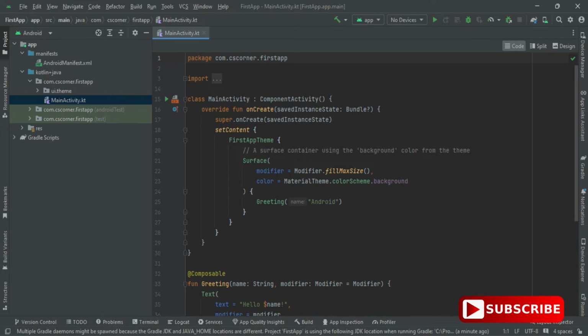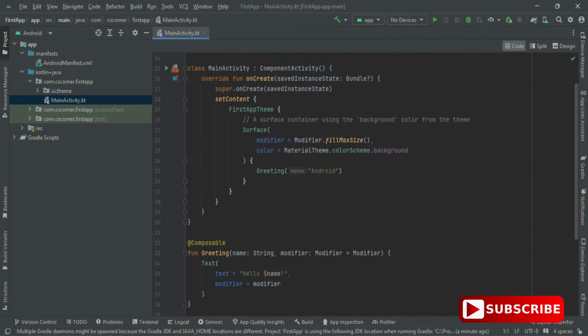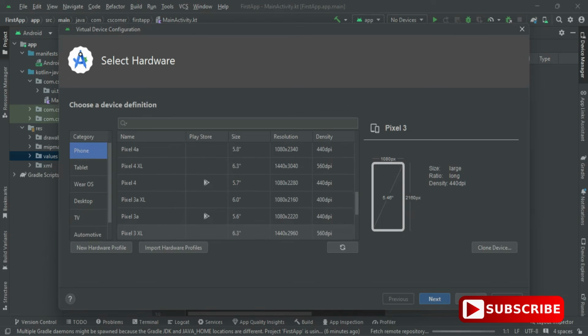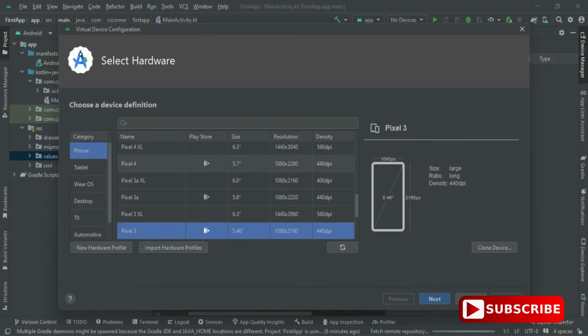And now guys, till now we have installed two components. One is your Android Studio, another is SDK. Now the third component, that is AVD, we have to install, Android virtual devices. So just click on this download manager and click on this link. So guys, here it's showing me select the hardware. So whatever is the default one, see guys, it's showing its information like the size of the phone and the resolution. If you are installing first time Android Studio on your system, then this step you may get in the earlier phase. Here I'm getting later.